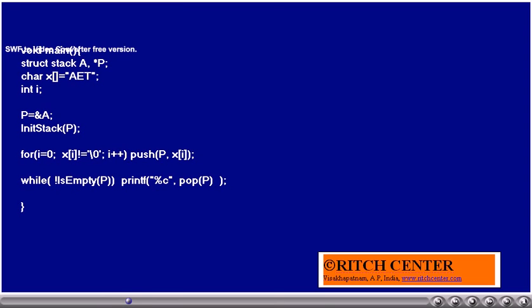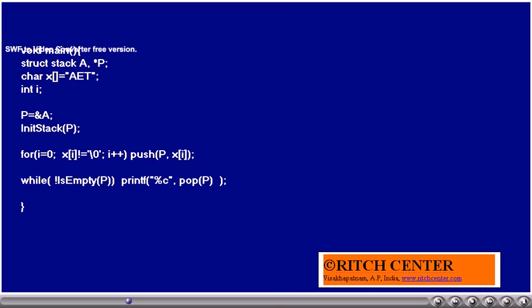In the main, we have declared a stack type of variable A and a stack type of pointer variable P. We have a string having characters A, E, T. Then we have assigned the address of the stack variable A to P. Then we have called the init stack function, for which P we are sending as an argument. That is, the stack type of object's data member top will be initialized to 0.